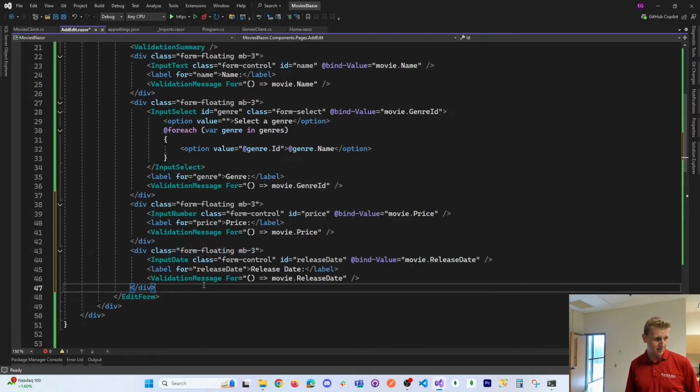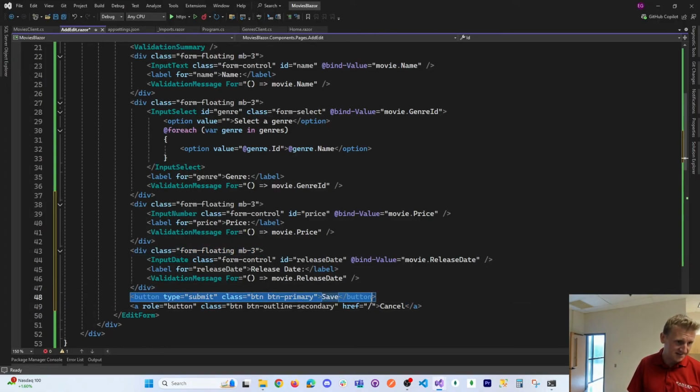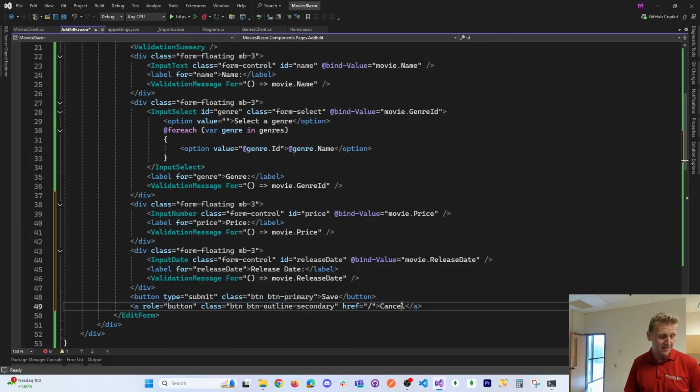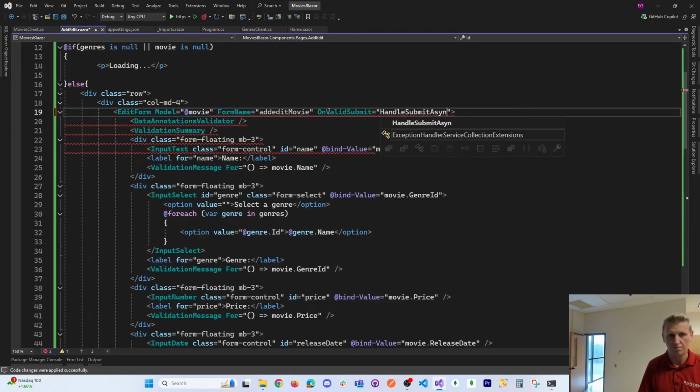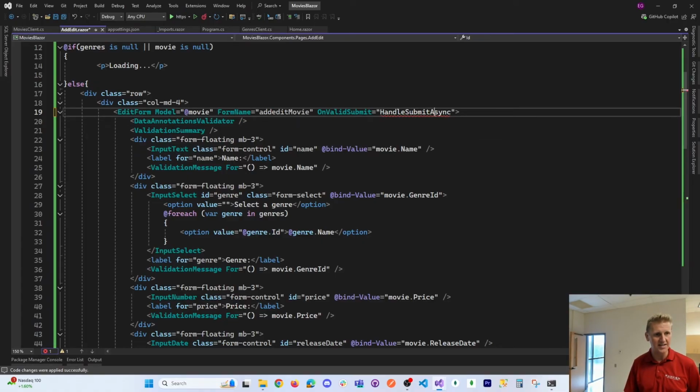Now after this div, you might wonder, when you click the save button, then what? We haven't wired up that logic yet. So we have to make an event listener, if you will, a method that responds to that. And if we hit the cancel button, just notice we navigate to the root. And so up at the top of our edit form, we're going to have an on valid submit. We're going to write a method called handle submit async. So we need to write the event handler